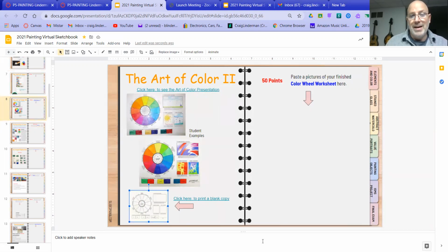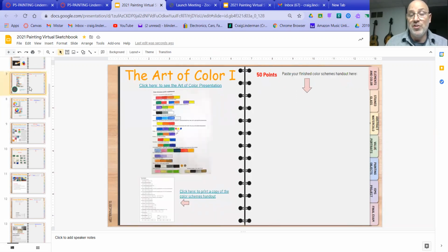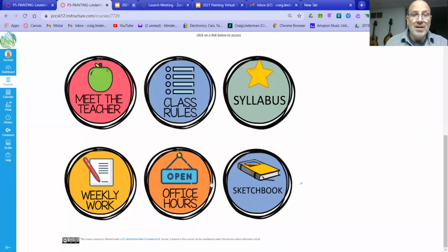So buckle up. And I should tell you, when you go to do these, you can use any media you want. Maybe you've got some crayons or markers or colored pencils. That would be fine. I know this is painting class, but for this, it's really about putting the colors down, getting the points, understanding which colors work well, but I don't care what media you use. But if you want to, get out a paintbrush, some watercolors, or even your oil pastels, that is totally fine with me. All right, let's get off this page and share this one with you, which is today's presentation,